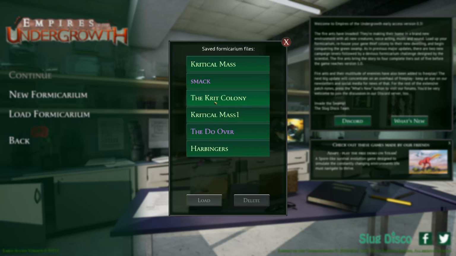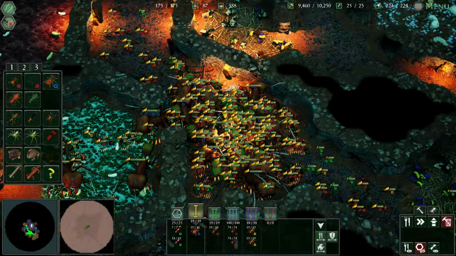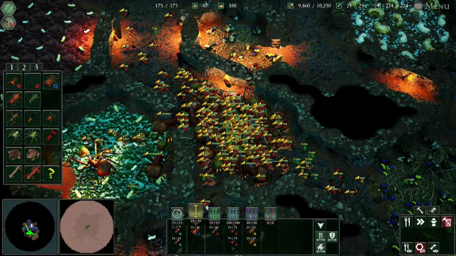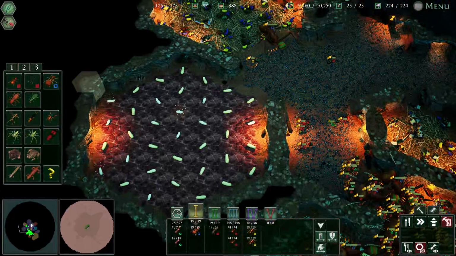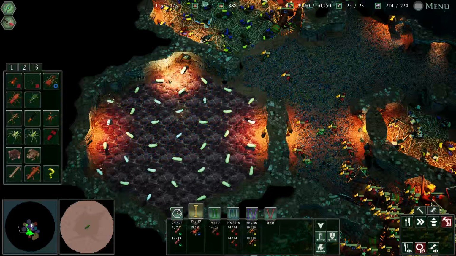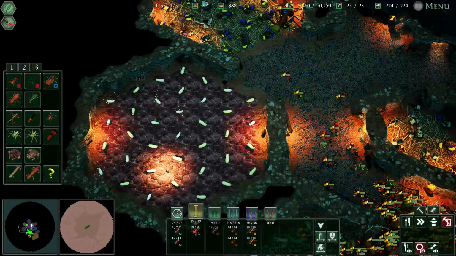Yeah, I've tried a couple times to do this, but this is my best one though. So this is my colony. Yeah, it's a monster beast. It's a monster beast. We've got a giant chamber of